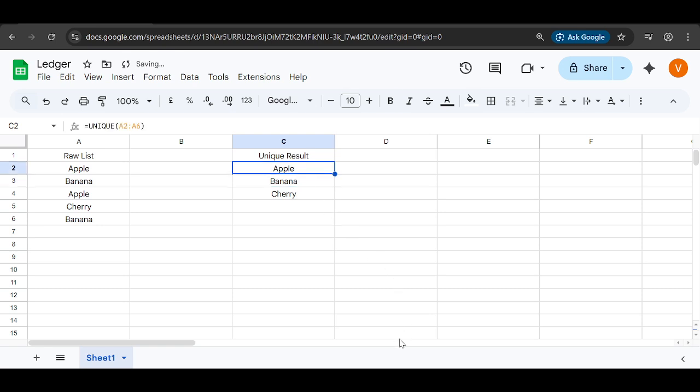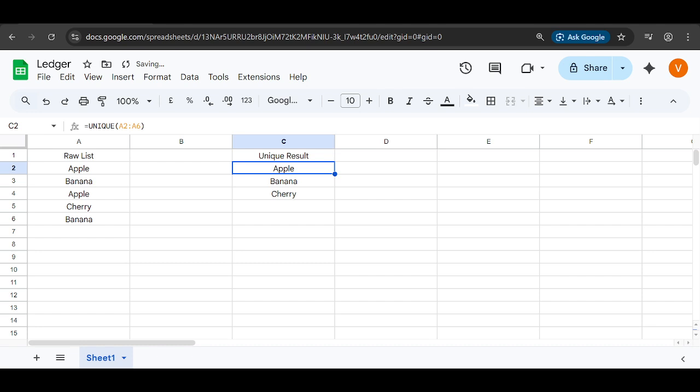If your data spans multiple columns and you want to remove duplicates based on entire rows, select a multi-column range like A2 to B10 and use =UNIQUE(A2:B10). In this case, the function looks at both columns together. That means a row is considered a duplicate only if every corresponding cell in the row matches another row. The results will spill across the same number of columns as your selection, so expect the output to include both